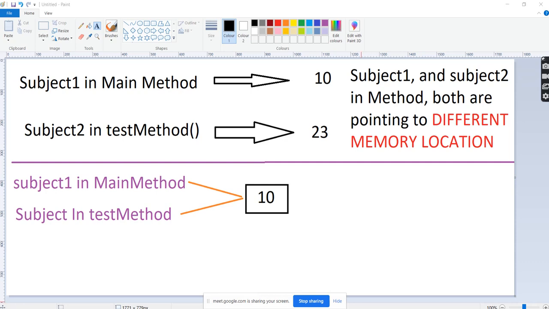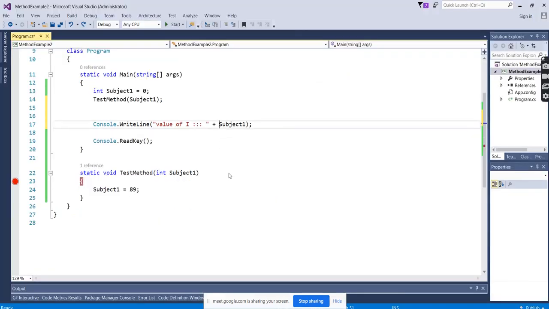We can see immediately. For that, what do we have to do? We have to make some small changes. Before this parameter, here I need to add ref. Ref is a reference keyword.